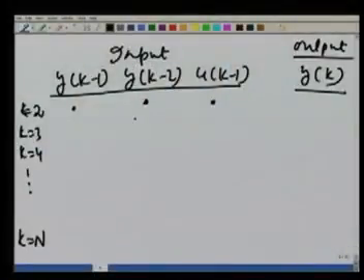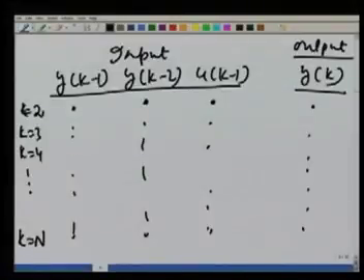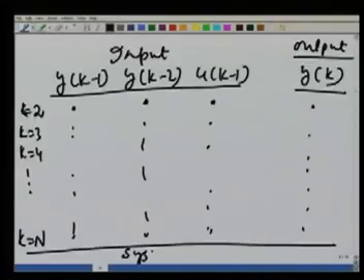When I put those values and give u k minus 1, my system gives y k, and I go on giving the system various inputs and I get the various outputs here, and I also know the previous outputs y k minus 1, y k minus 2. So, this data I am getting from my system, this is called system data,